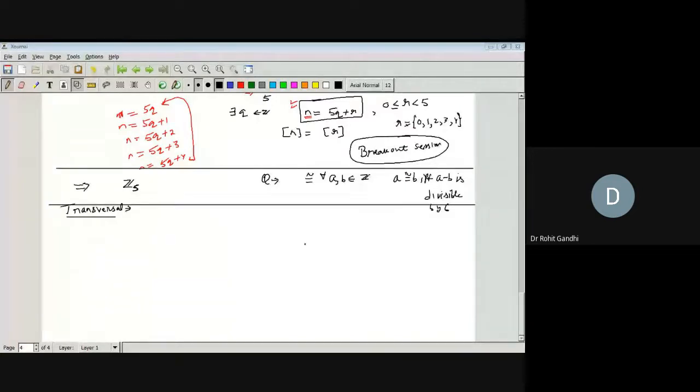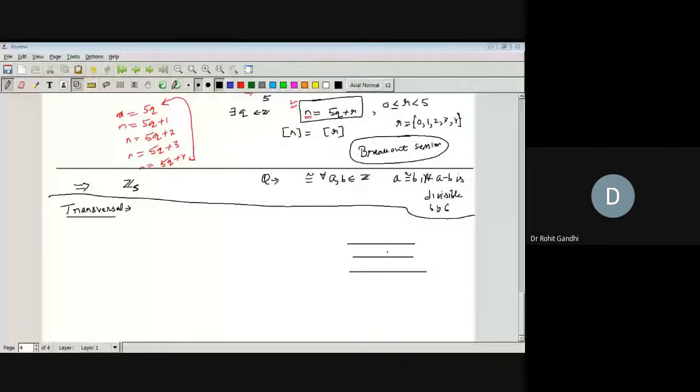Now the next thing is the transversal. What do you mean by transversal? In our lower classes, what we see, if we have a set of parallel lines, then there is one line which is passing through them and we call it a transversal, right? So transversal is a line which cuts the other lines at exactly one point, or precisely at one point, right? In the same way, we are going to define a transversal here also.